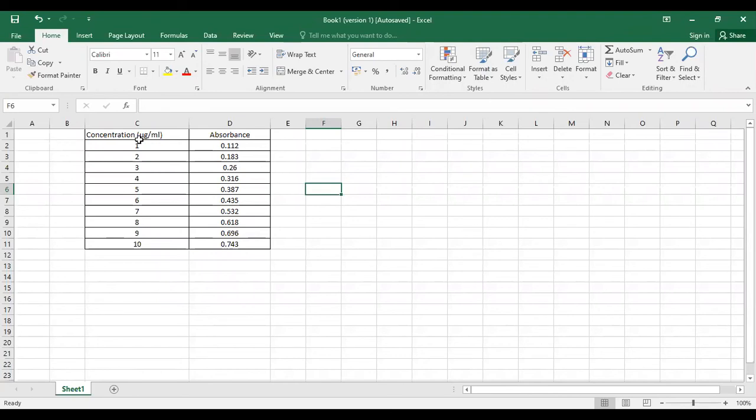The readings of the calibration curve are imported into the Excel sheet. Here it represents concentration in microgram per ml, that is 1 to 10, and the respective absorbance of that concentration. To do the linear regression analysis, select it and then click on insert.